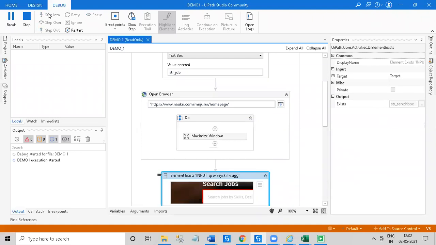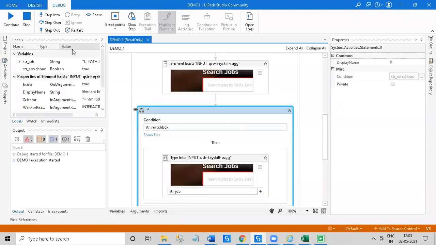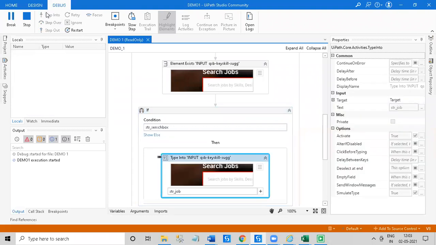After that, it will check whether the particular browser has been launched or not. It was waiting while buffering was happening. It was buffering, that's why it took time to check whether the element exists or is present or not. After that, it will pass the value.